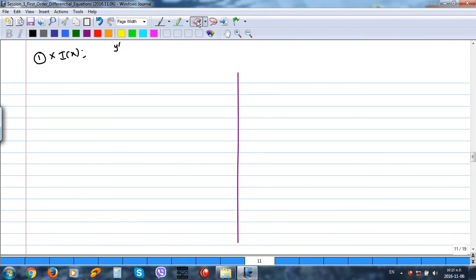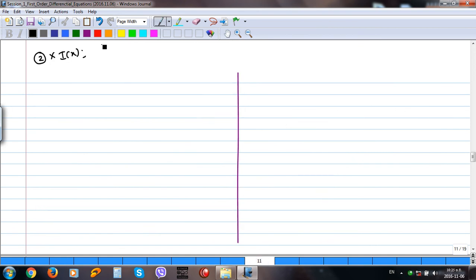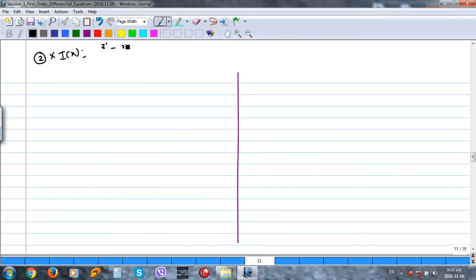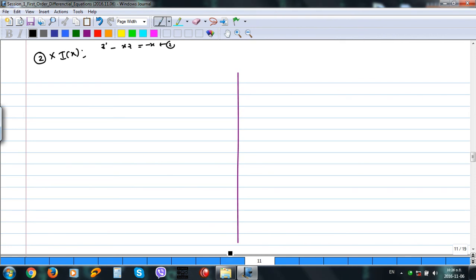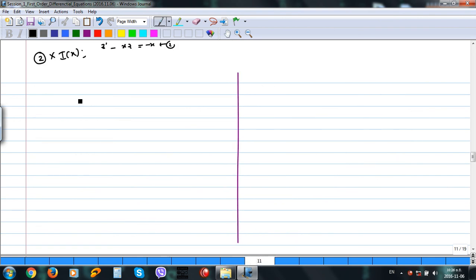oh sorry, we need to multiply the second equation. No, that is the exact equation, the linear equation. So here the second equation we need to multiply by I of x. The second equation is this one: z dash minus xz equals minus x. This is the second equation. With this equation we need to multiply by I of x. I of x is e to the power minus x squared over 2. So we multiply, then